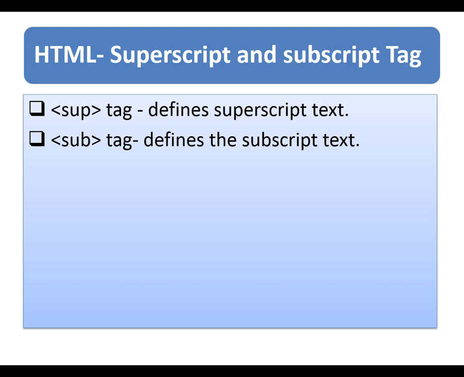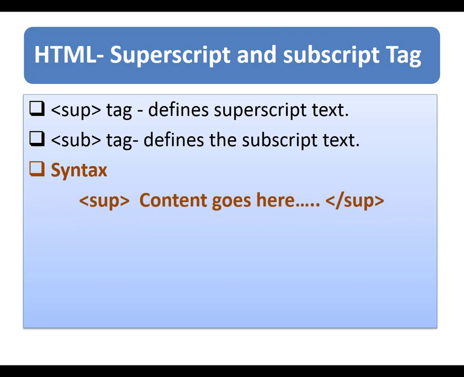The SUB tag is used to contain characters that should be subscript. It is commonly used for footnotes or chemical formulas such as H2O. The subscript text appears half a character below the normal line and is sometimes rendered in a smaller font. The syntax of the superscript and subscript tags is also the same as that of other text level tags.